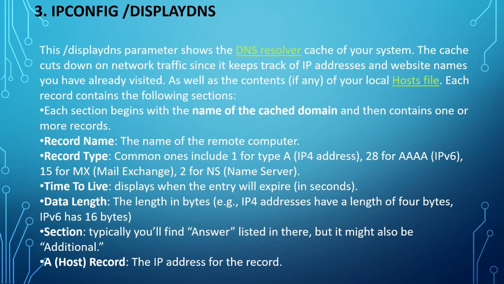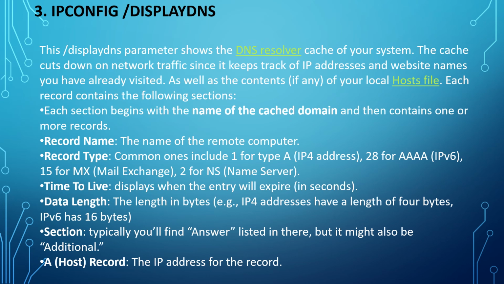Number 3 is the ipconfig /displaydns. This /displaydns parameter shows the DNS resolver cache of your system. The cache cuts down on the network traffic since it keeps track of IP addresses and website names you have already visited, as well as the contents of your local hosts file. Each record contains the following sections: